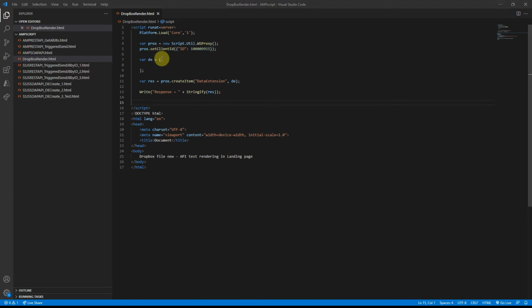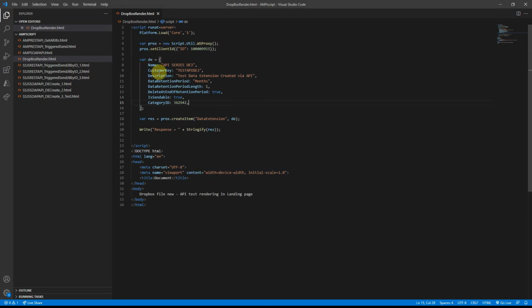Okay, so now that we have the base shell, we will go ahead and start populating the properties for the data extension, the object that we want to create. Right now, this is a JSON object. So if you're familiar with JSON, we can provide all the key value properties, and if there are any sub nodes, we need to provide those as well here, right? So on the root level for that particular data extension, I have properties like name, customer key, description, everything that we saw in our SOAP envelope. We can specify all that here at the root level, right? The category ID is the folder as well.